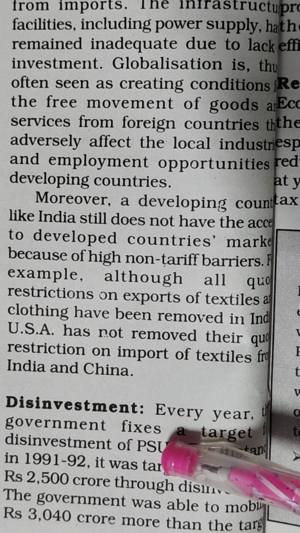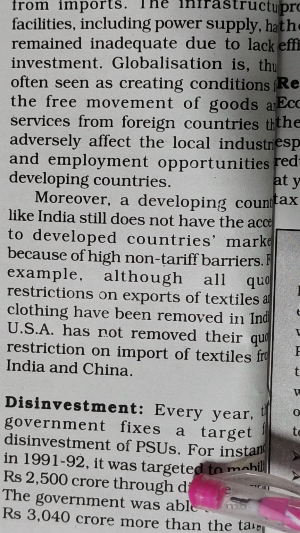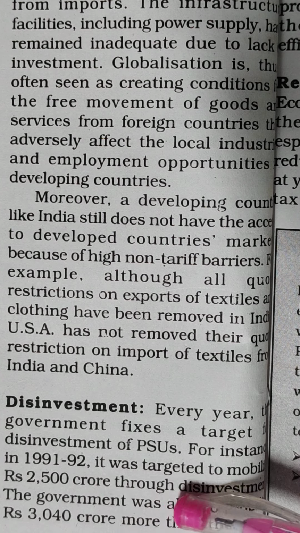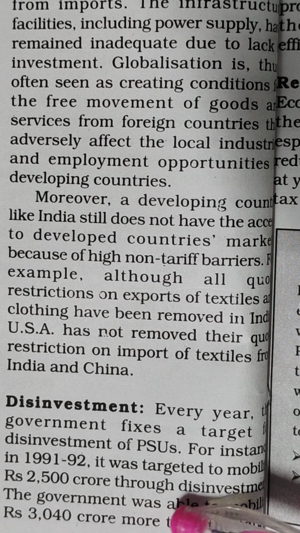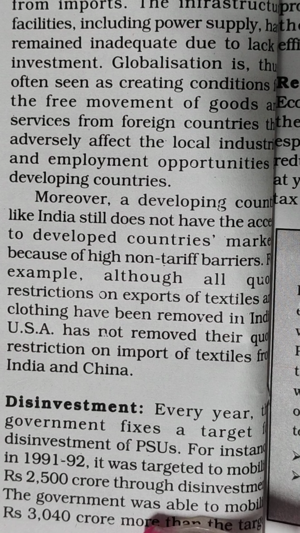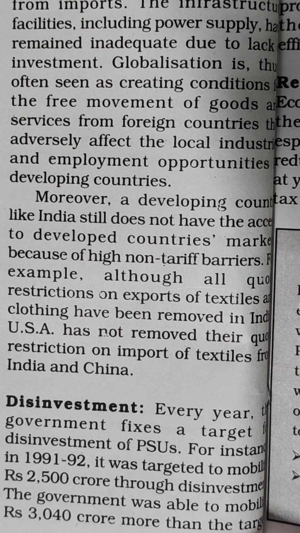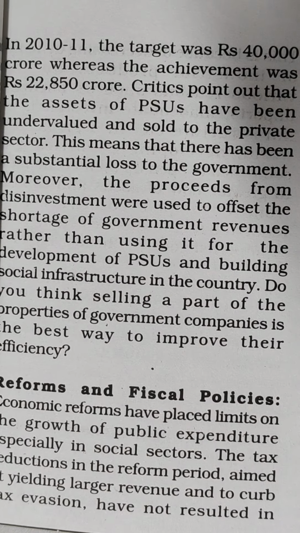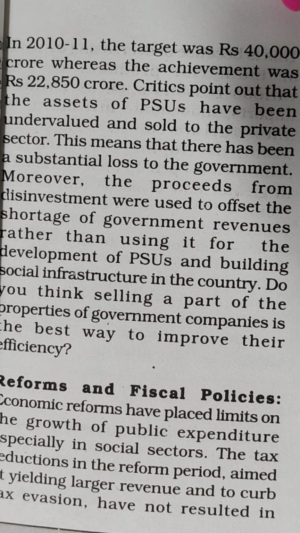So now we come to disinvestment. Every year, the government fixes a target for disinvestment of PSUs. For instance, in 1991-92, it was targeted to mobilize rupees 2,500 crore through disinvestment. The government was able to mobilize 3,040 crores, more than the target. In 2010-11, the target was rupees 40,000 crores, whereas the achievement was rupees